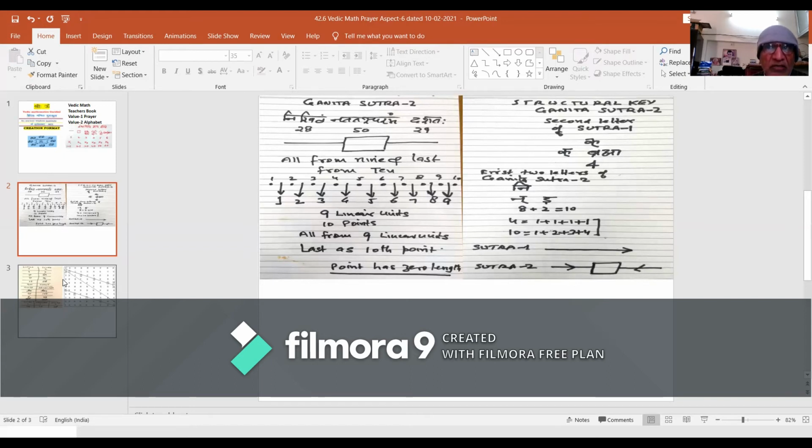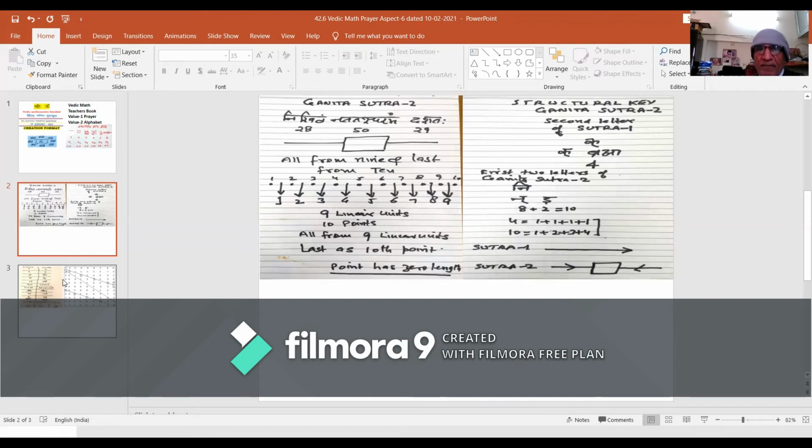Therefore, the mathematical progression rule, one more than before, of Ganita Sutra 1 takes to the text of Ganita Sutra 2 being of 3 word formulations,